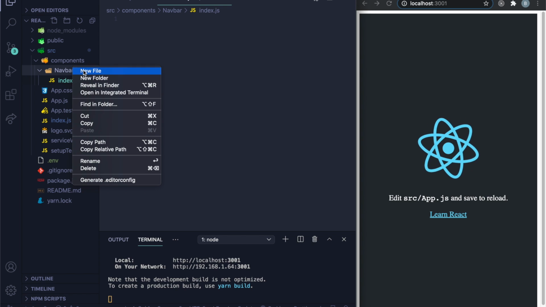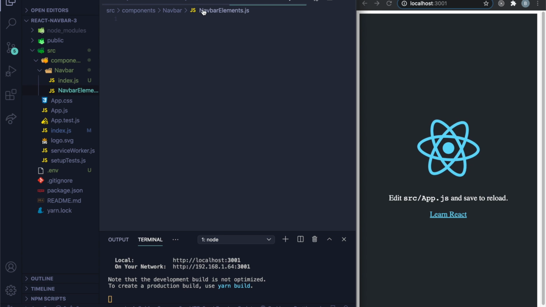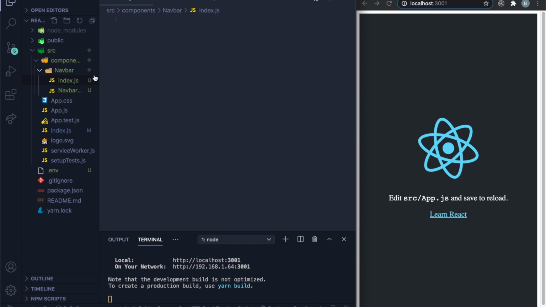And then navbar folder, right click again, and then I'm using styled components for this, so you can use the same, or you can refactor it to just regular CSS. But I'm just gonna call this navbar elements.js right here. And pretty much if I go into the index.js, if you have these snippets, so if you